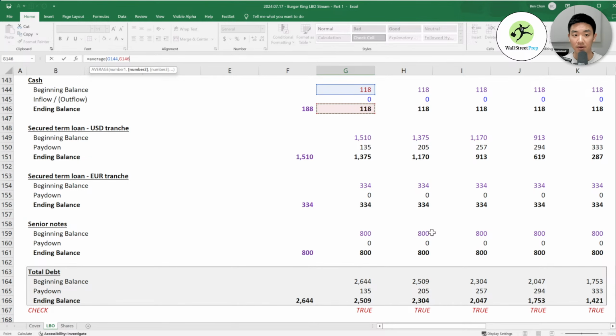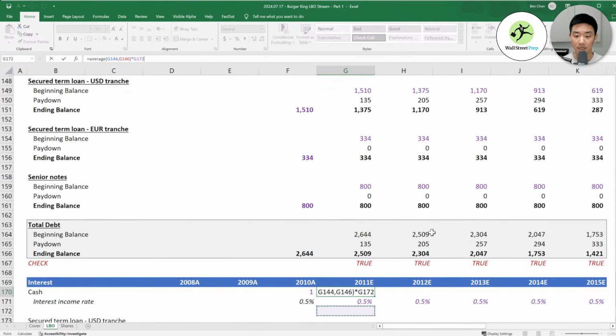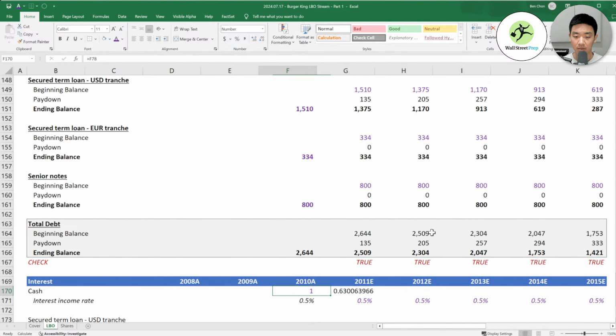But as a simplifying assumption, when you're modeling you just take an average of the beginning and ending balance, multiply that by your rate, and that becomes the interest income or expense. But because of this circularity, I'll show you how that unfolds later, we want to add something called a circuit breaker.